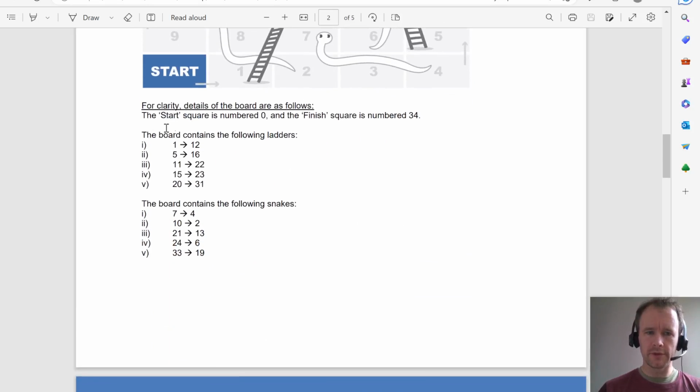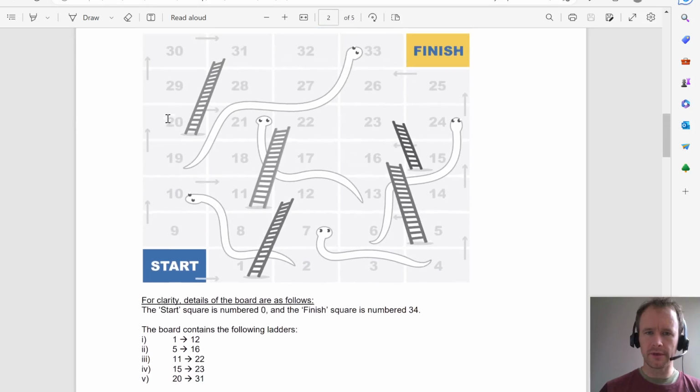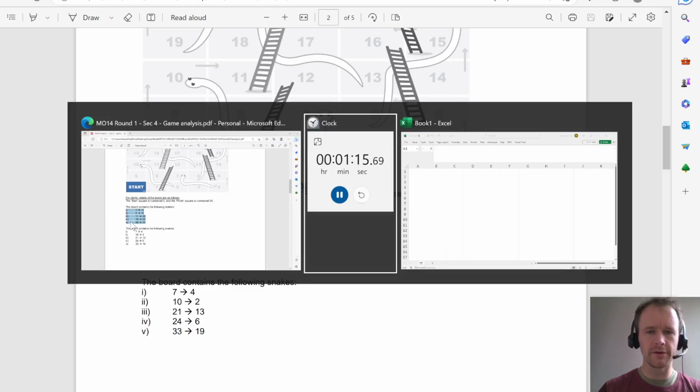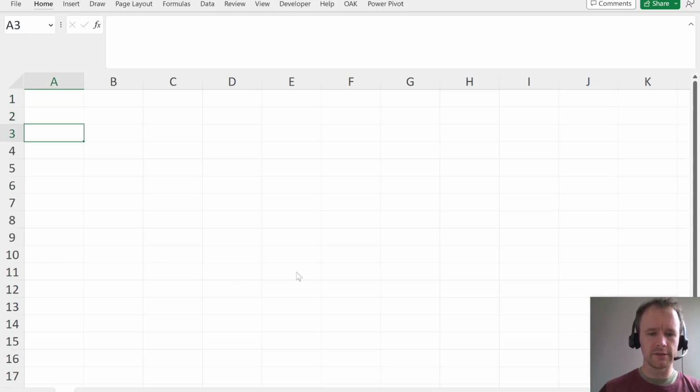And so for the avoidance of doubt, it kind of tells us how to read this. The start square is 0, the finish square is 34, and there are these ladders and these snakes. We're not given a workbook for this one. Again, in my opinion, they got a little better about that in later years, but let's just take these over here,